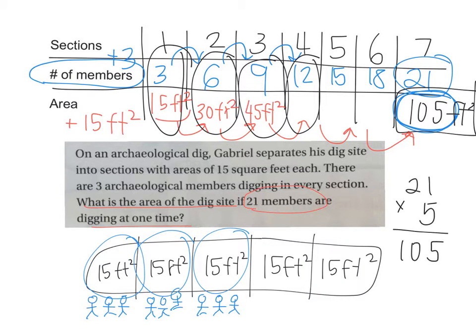Now, if I were to continue along in this pattern, plus 15, plus 15, plus 15, should I get the same answer? Yeah. Should we try to do it 2 different ways to make sure we know our answer is correct? Okay, so what's 45 plus 15? 60. What's 60 plus 15? 75. What's 75 plus 15? 90. What's 90 plus 15? 105. Are we happy? Yay! So what is the answer with the quiet answer hand? What's the answer to the question? What is the area of the dig site if 21 members are digging at one time? Arushi? 105 square feet. Feet squared, even though we write it